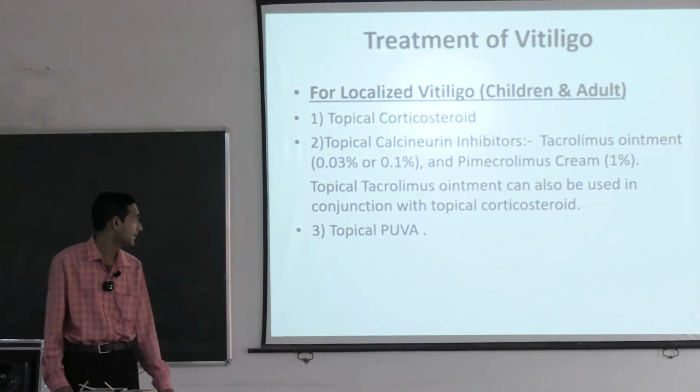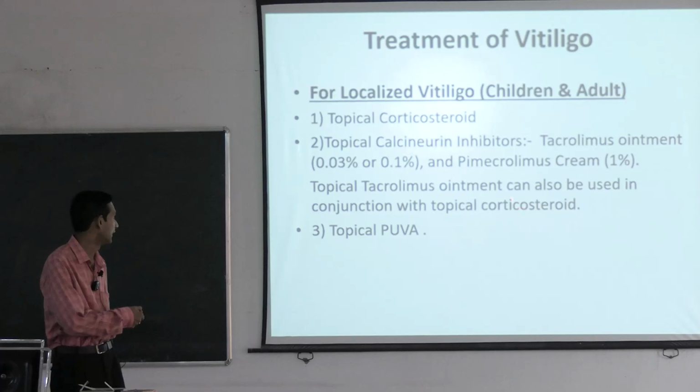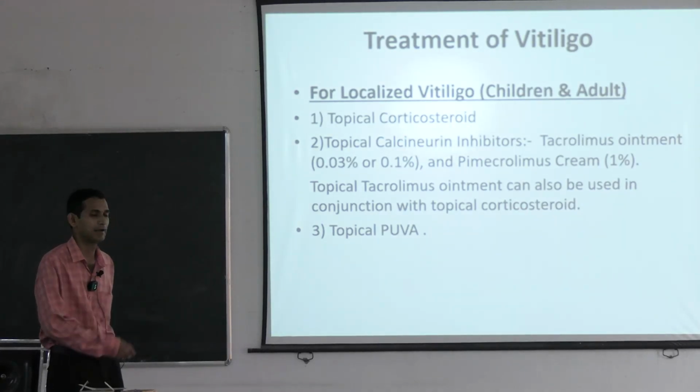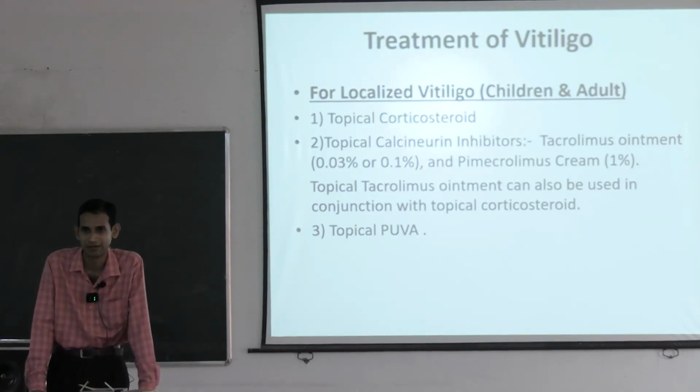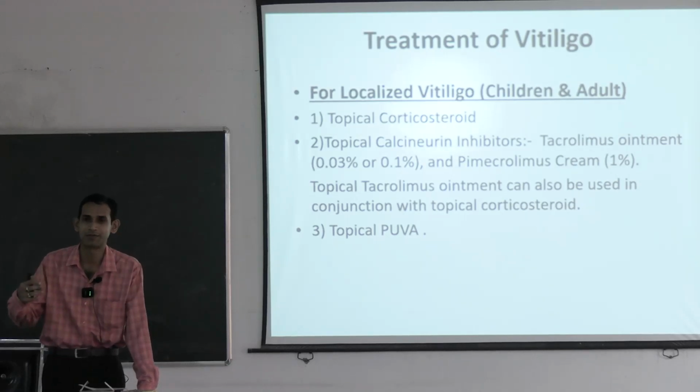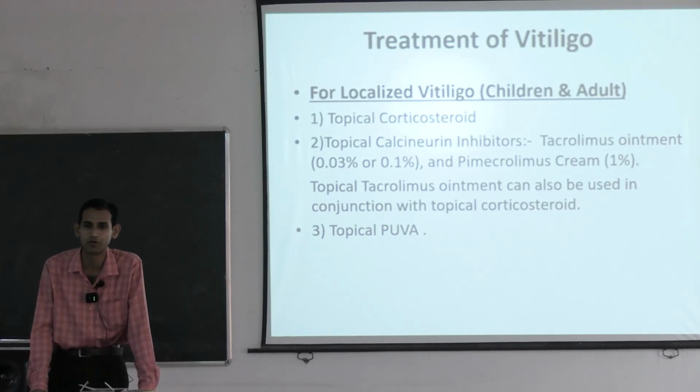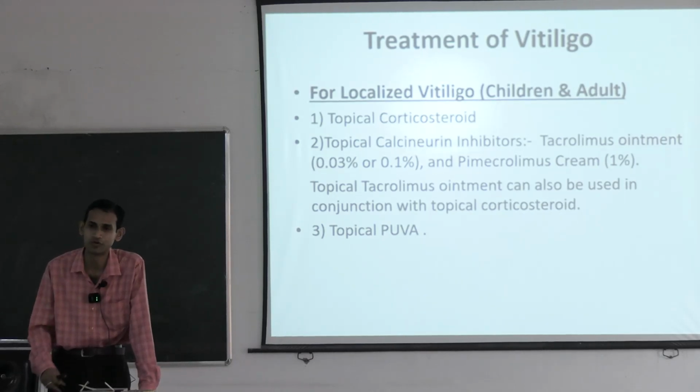Number 2 is that for localized vitiligo, both in adults and children, topical corticosteroids can be applied. Usually potent to superpotent steroids are applied, except on the facial skin. There we can apply a mid-potent steroid. Usually potent steroids are applied for 2 to 3 weeks, and then 1 or 2 weeks of steroid holidays are given. Usually these cycles are repeated for 2 to 3 months or 3 to 4 months to check the result. And if there is no improvement after that, you can switch to other treatments also.